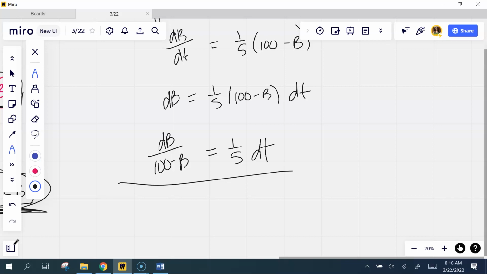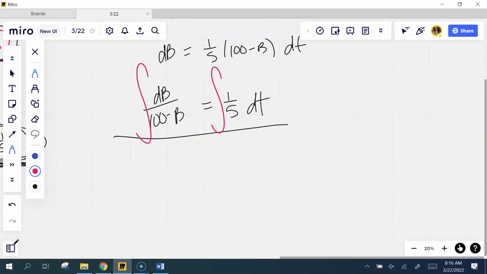All right. Next point, we integrate. I'm not sure. Let me finish working on it. We'll see. All right. So the whole point in this is that we isolate the b so that we can find out what the original equation was. Anytime it's in the bottom like that, that is the natural log. But chain rule is going to take over. I've got to multiply by -1. I did miss that -1 whenever I did it. So this is actually going to be negative log of 100 minus b equals